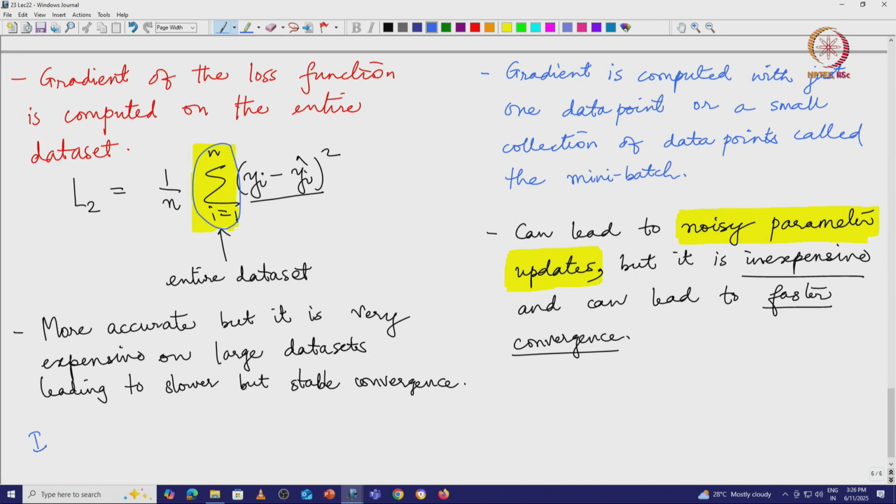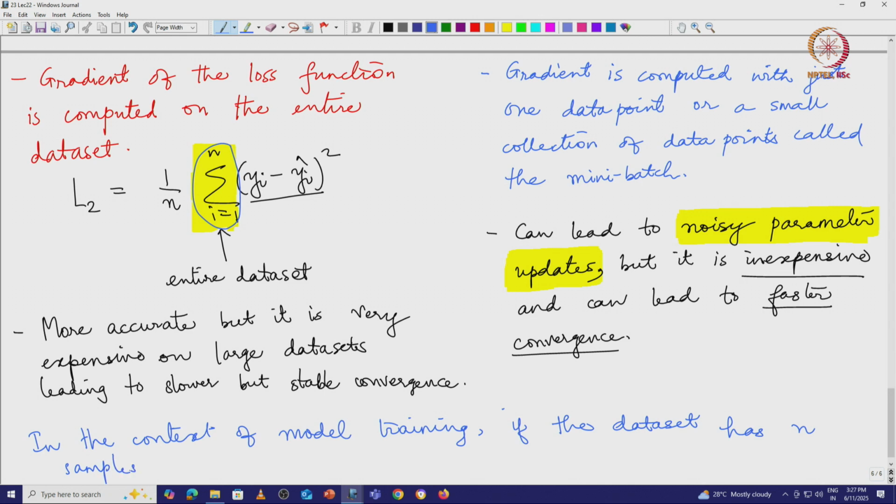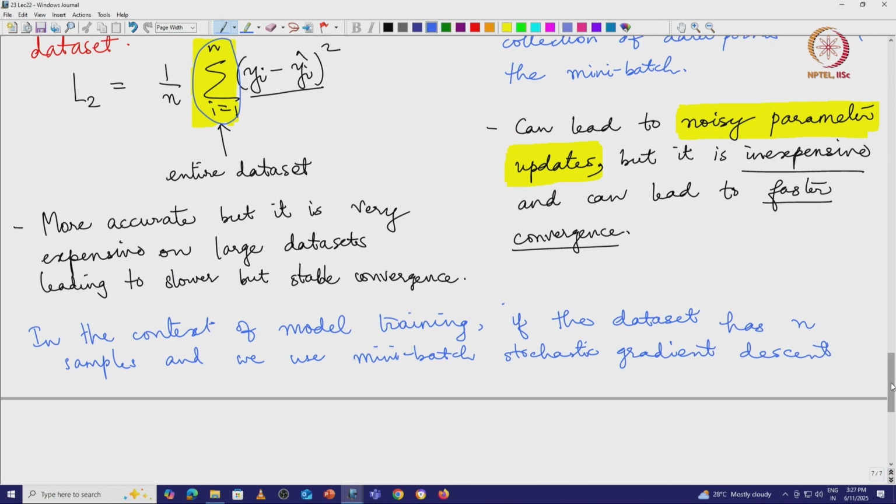So in the context of model training, if the data set has n samples or n data points, and we use the mini batch stochastic gradient descent with a batch size small b, then